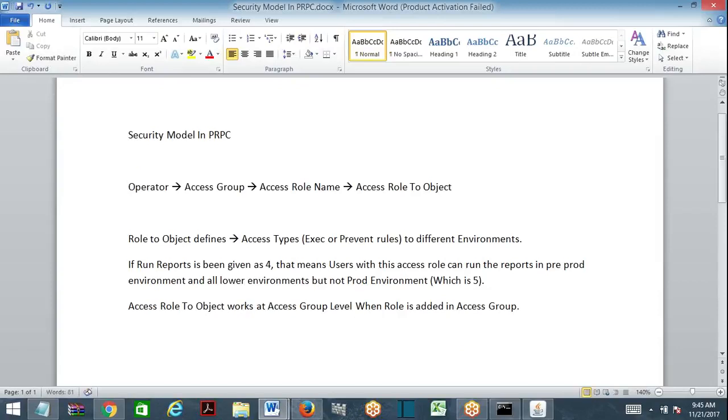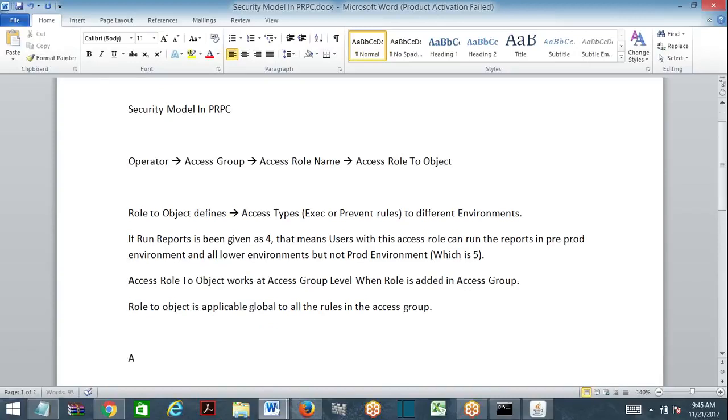That means role to object is applicable globally to all the roles in that access group. So role to object is applicable globally to all the roles in that specific access group, which is defined by that access group. So coming to privilege.